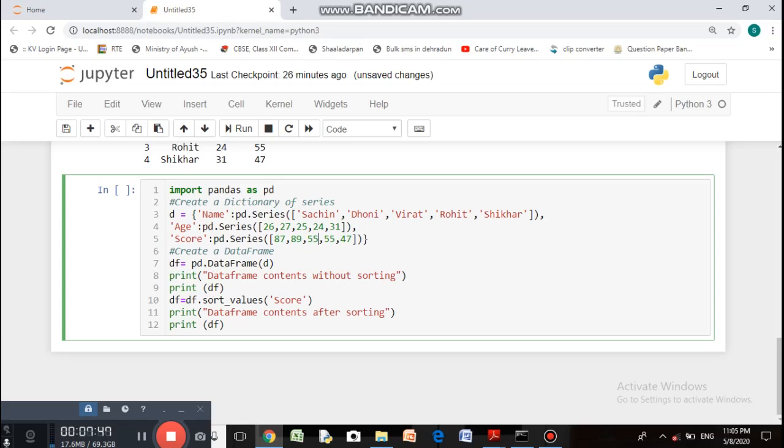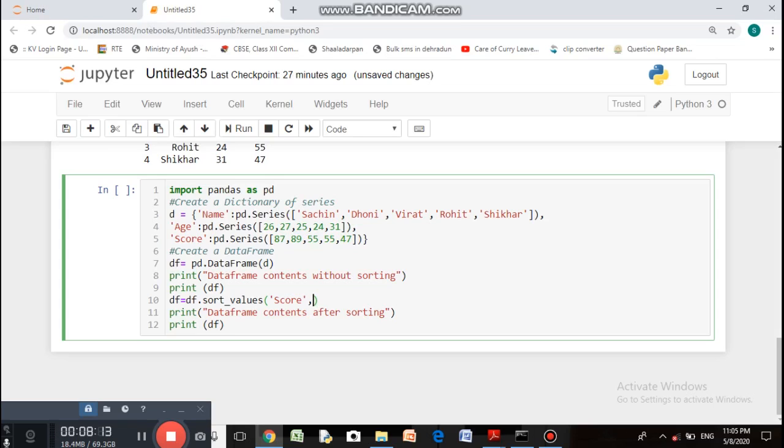Alright, so now two students are having the same score, so there is a tie, and age is 25 and 24. There is no tie in the age. Alright, so now we have to sort it on multiple columns.